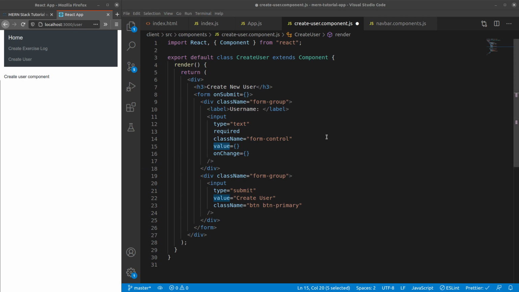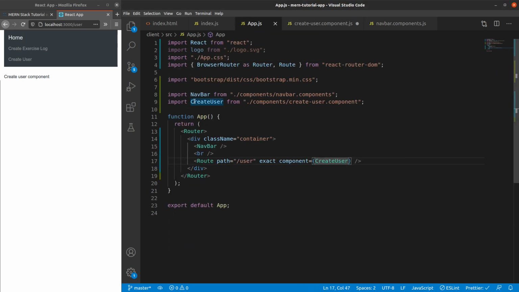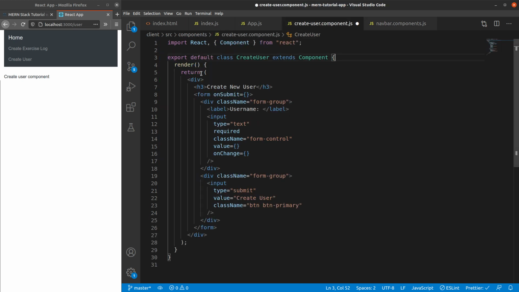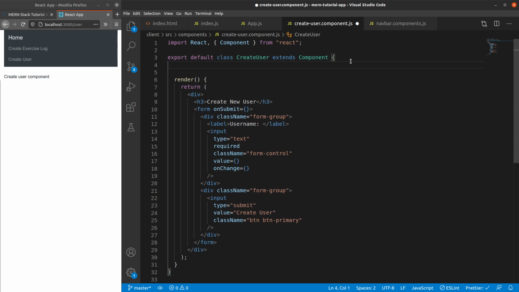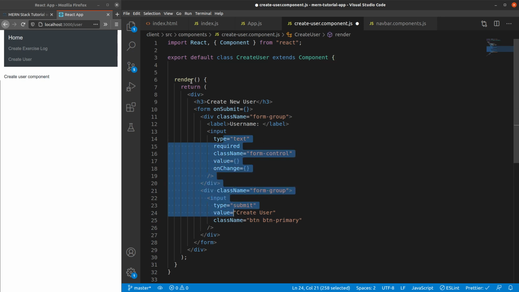Okay, so here this is a functional component, which obviously cannot have state and all, but this particular component needs to store all the values that will be here in this particular form. Hence it makes sense for this create user to have a class based component and not a function based component. Okay, so we can create a state, which is basically storing the variables related to this form itself.